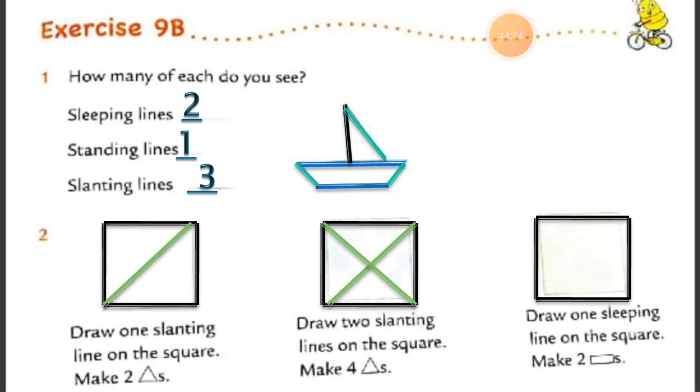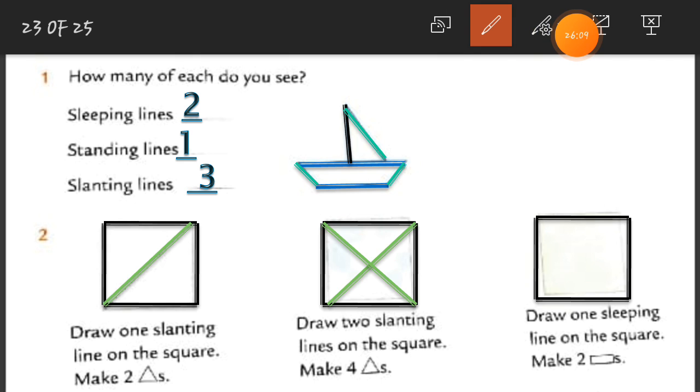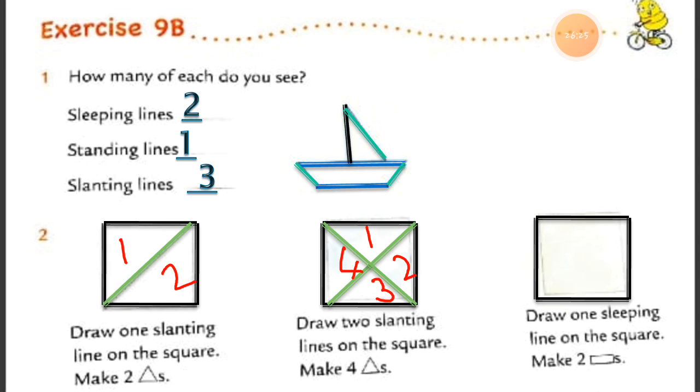See this, I'll just give numbering to it also, so it is a good idea. You get one. This is the triangle number 2. Here is triangle number 3, and here is triangle number 4, and here I just show you also triangle 1 and triangle 2. This one is the first triangle, this one is the second triangle. Here is the triangle number 1, this one triangle number 2, this one triangle number 3, and here the triangle number 4.